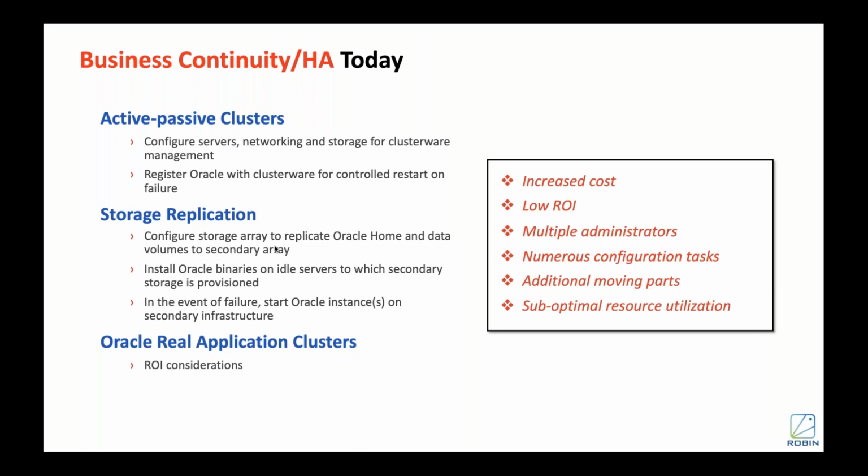So if you look at it from the business continuity and HA side, business continuity is critical, and a lot of enterprises have an active-passive cluster setup and a lot of redundant infrastructure, and a lot of operational overhead is involved in maintaining them. So there is storage replication, and you have binaries sitting on your DR site, and all of those things. There's a lot of infrastructure that has been put in and is heavily underutilized,